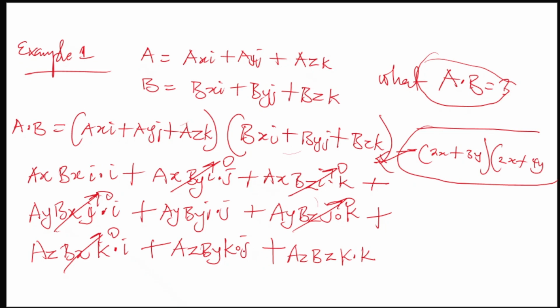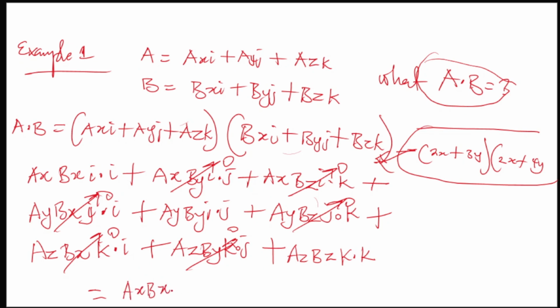Now what's the next one? K and J. K and J will also give you 0, because they are not the same. K is not the same with J. So basically that will give you 0 here. Now look at the last one. The last one is simply saying K multiplied by K, and that holds. So basically what you simply do is you are going to filter this, and we pick out those ones that we did not take to be 0, right? Now if you do that, you simply have